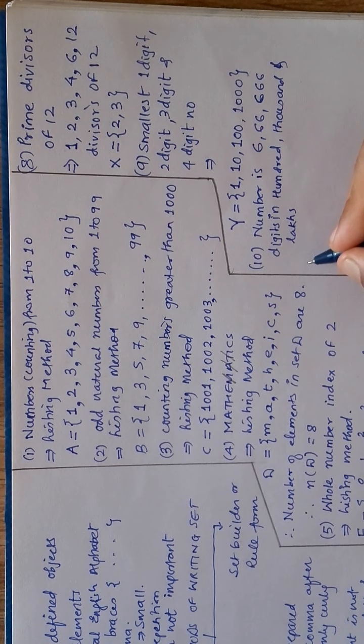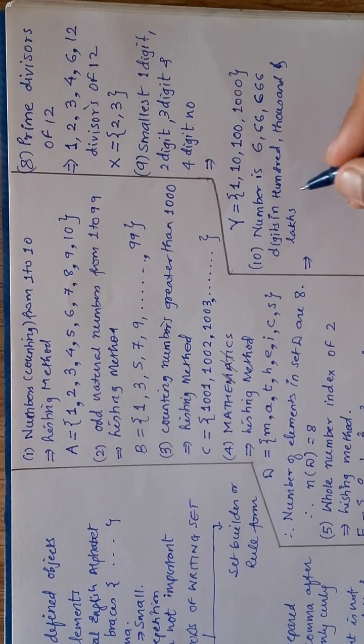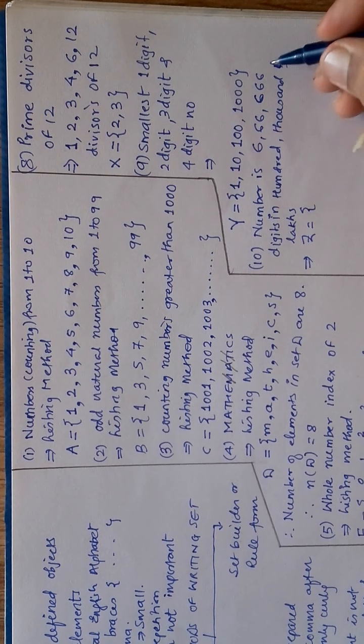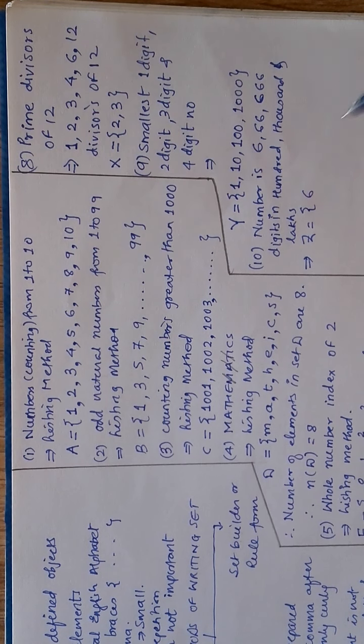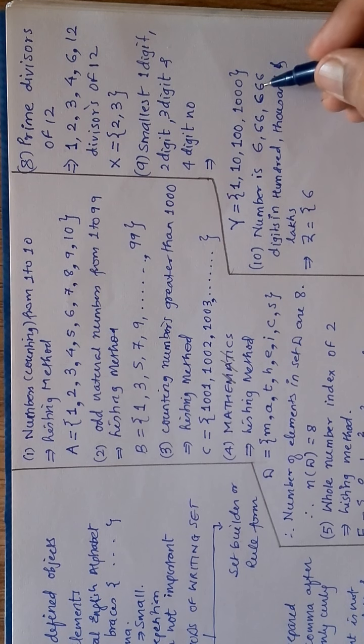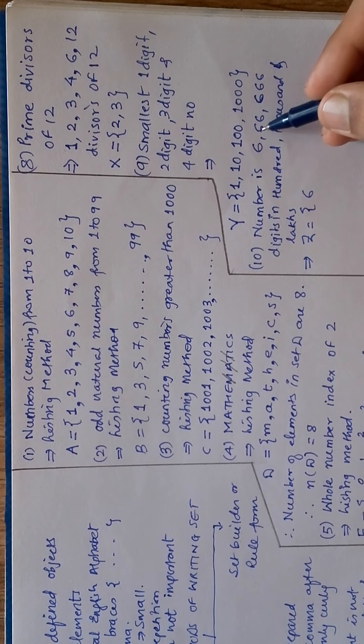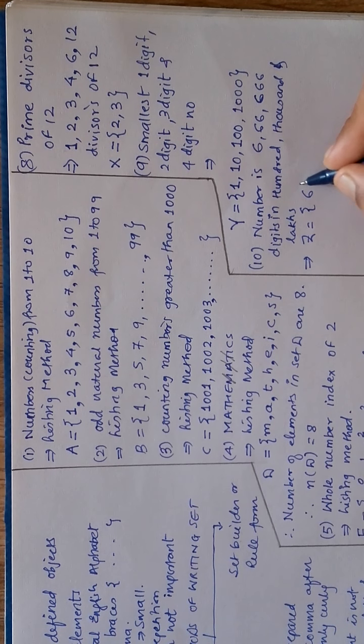Means you are going to write what? All the digits which are in the so-called hundreds place. So 100, unit 10, 100, 6. Then 1,000, unit 10, 100, 6. Same it is. Then lakhs, 1, unit 10, 100, 1,000, lakh, 6. Right? Got it? So don't write 6 three times. No repetition allowed. So it is only 6.